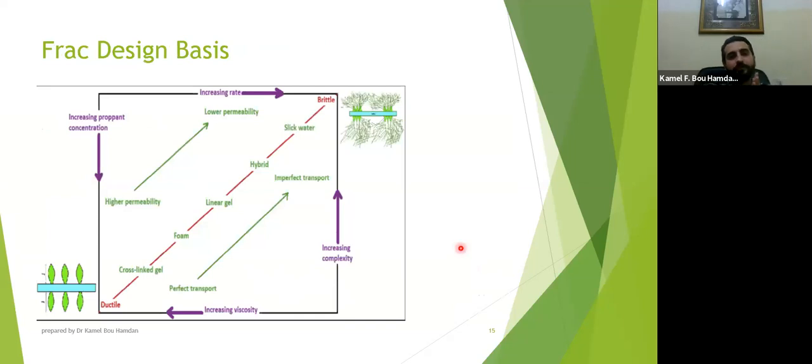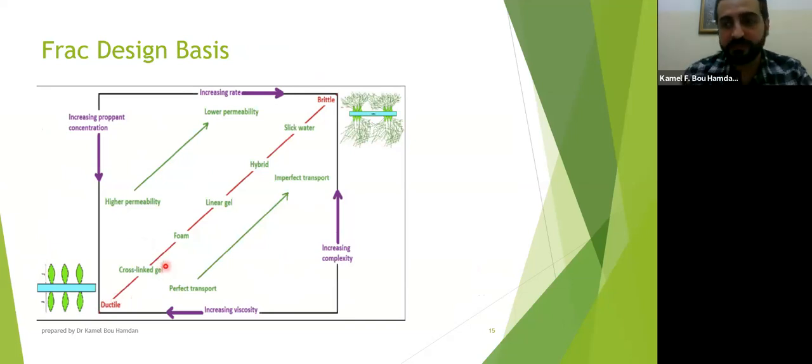So we can basically summarize this process in this figure over here. First, at the first corner, we have a brittle rock, and here we have a ductile rock. If we have a ductile rock, you would expect our fractures to be large, but near the wellbore. If you have a brittle one, our fractures are going to be very complicated, complex. For ductile ones, we most